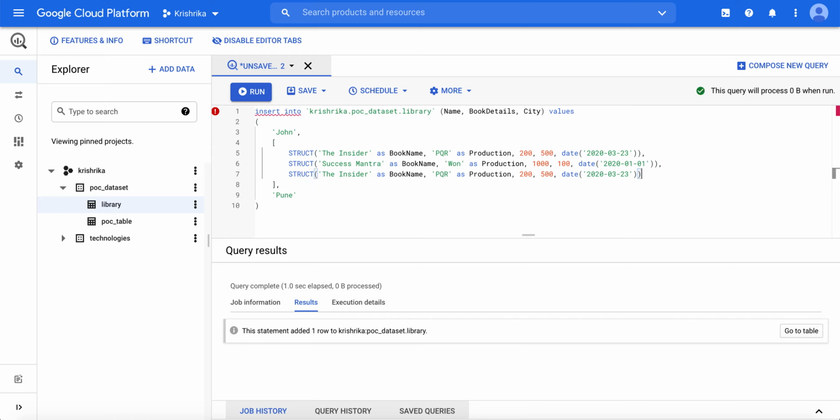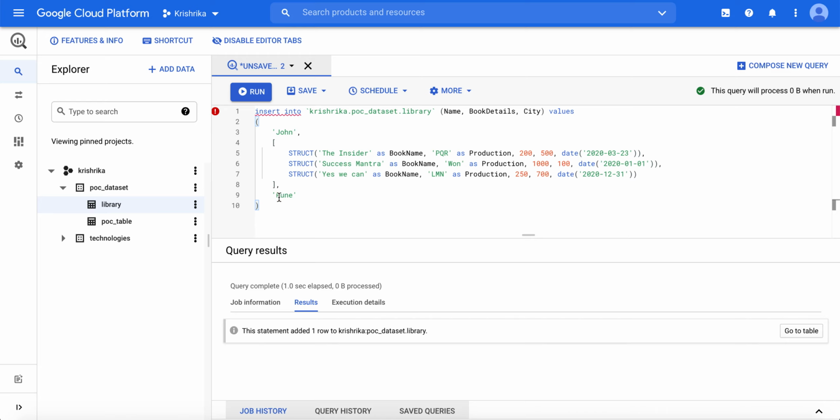Let's have one more book so that we can get the clear idea. Yes, we can. LMN, 250, 700, let's make it 31.